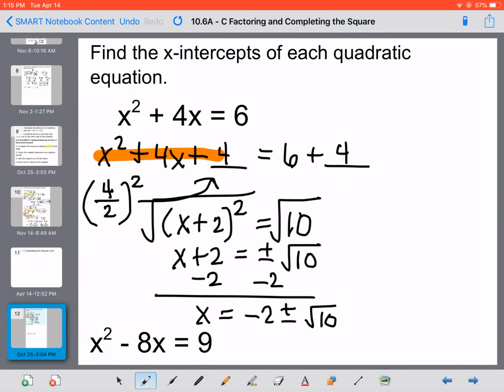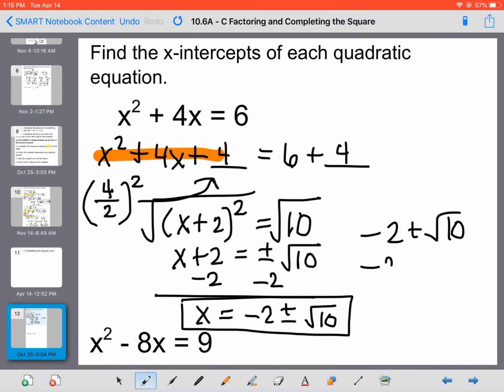And since 10 is not a perfect square and it doesn't go down any further, then that right there is our answer. And again, remember, you can write it as two separate things, but you don't have to. You could write it as negative 2 plus the square root of 10 and negative 2 minus the square root of 10, but you do not have to do it that way. Okay, our next problem, we have